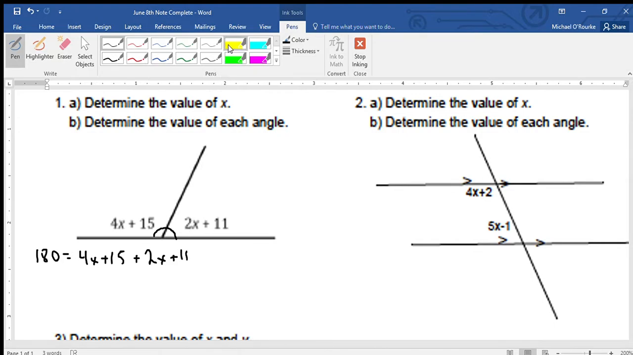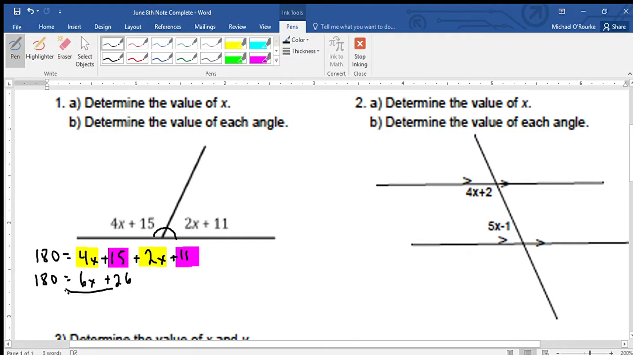So now we have to combine some like terms. So let's take this and this, combine those two, and we'll combine this and this. So that's going to equal 180 equals 6x plus 26. Let's rearrange. We're going to move that over to the other side. 180 minus 26 equals 6x. So that equals 154 equals 6x. Then we'll divide by 6,